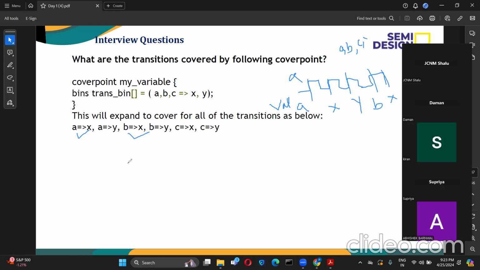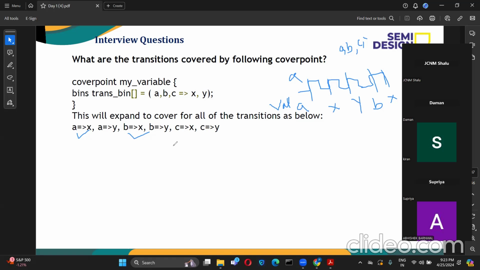Madam, I have one more doubt. You said in this case A to X transition and B to X transition are hit cases. Then how can we say it is a miss case? If this particular transition is getting missed, for example, you have this kind of scenario. If you increase the randomization, the other scenarios also might get covered.